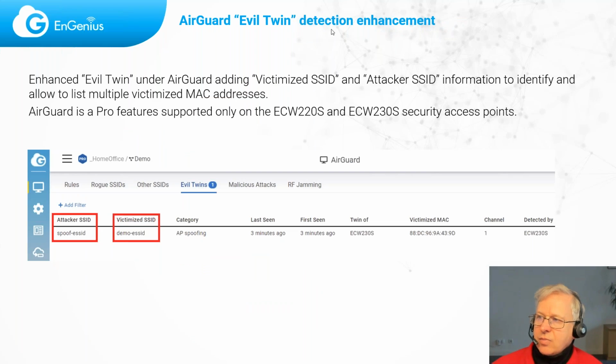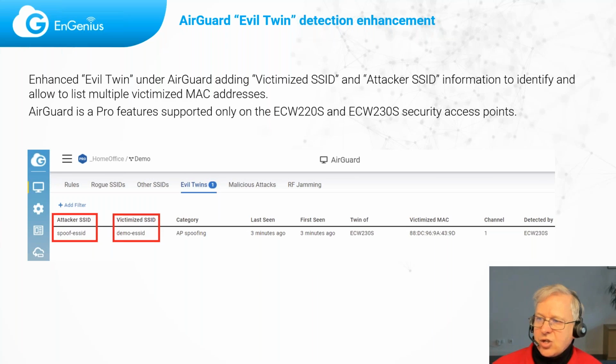In AirGuard, the evil twin detection has an enhancement, at least in what it is showing. It will show both the attacker SSID and the victimized SSID.